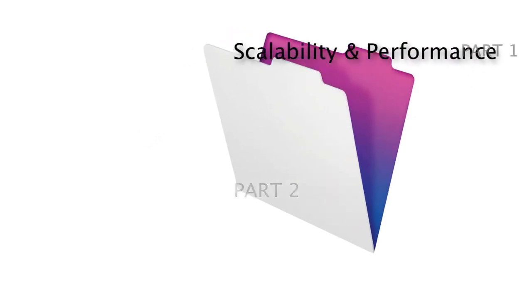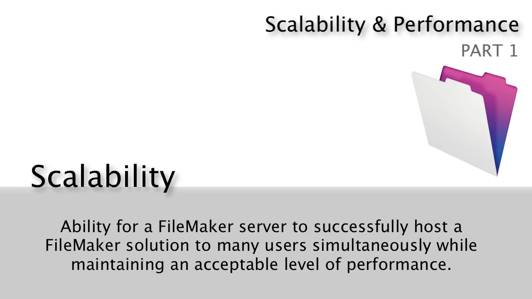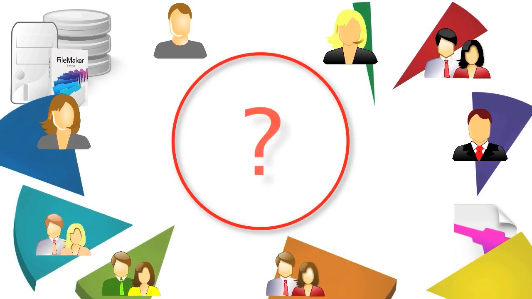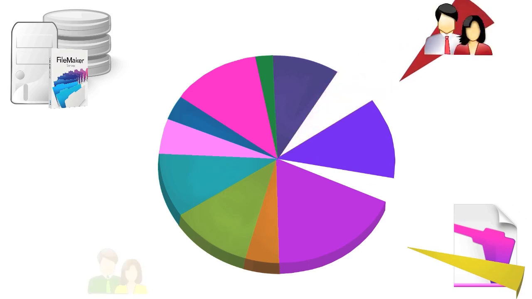Now in our part 1 video, we defined that scalability is the ability for a FileMaker server to successfully host a FileMaker solution to many users simultaneously while maintaining an acceptable level of performance. And what does that mean? It means that as we add a lot of users to the FileMaker server, the user experience continues to